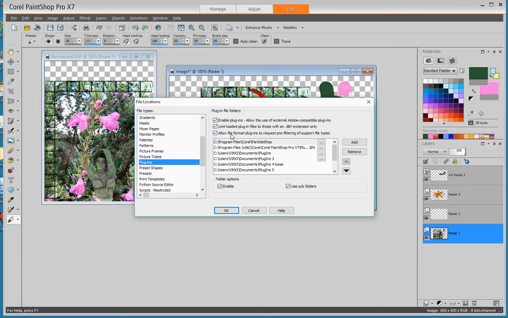Allow the file format plugins to request pre-filtering, and then I point it to places. Program files, I tell it to look in the Paintshop Pro 17 plugins program files,